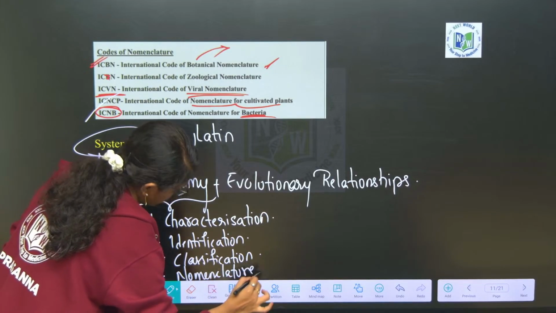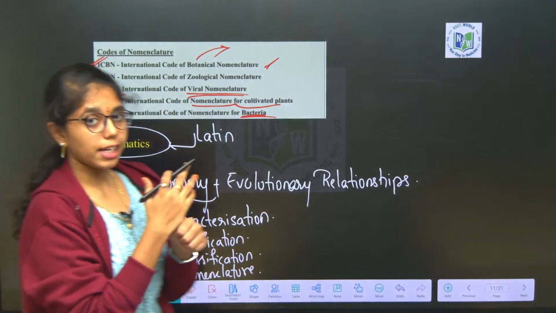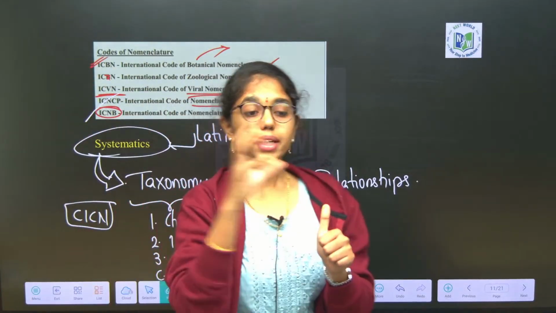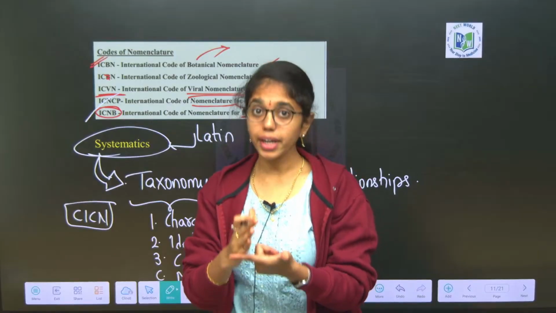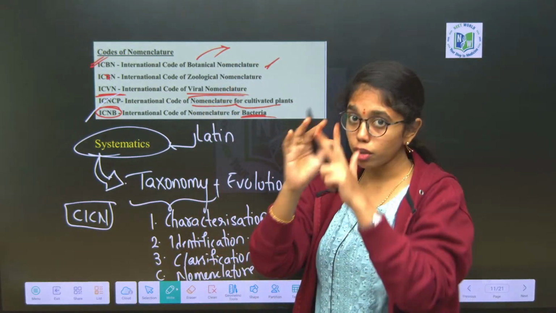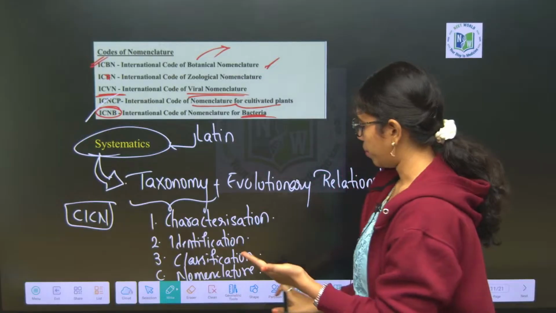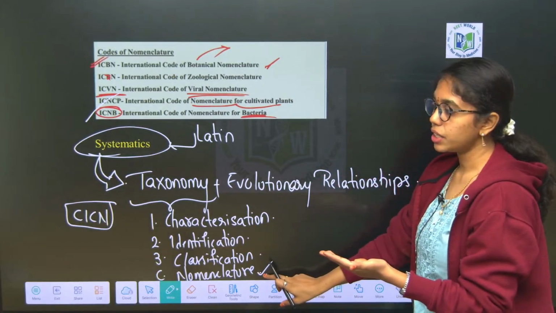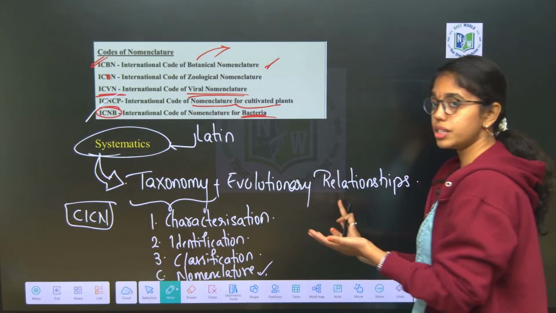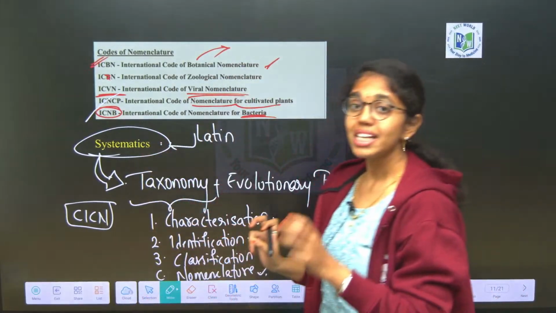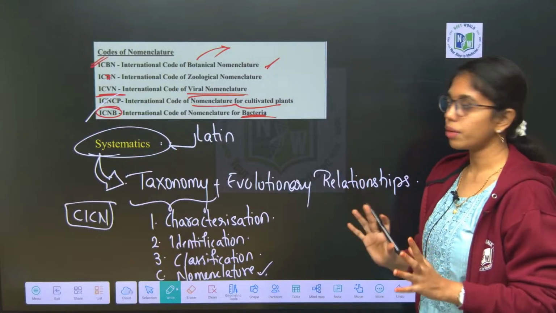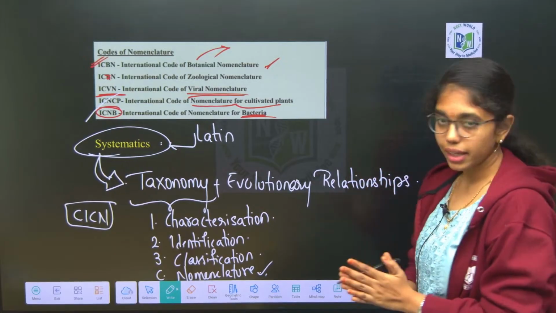First you will characterize the organism, what type of organism it is, then you will identify it, then you will classify it into some group, and then you will name it. After nomenclature, if you are also considering the evolutionary relationships, then it is said to be systematics. It is derived from Latin. Till here it is clear, right? Next,